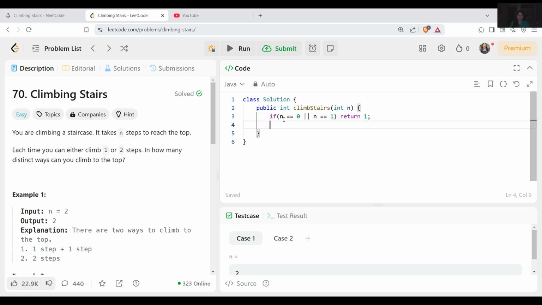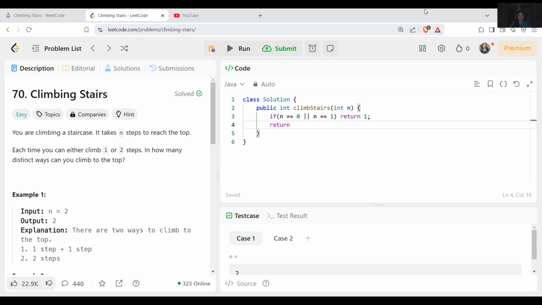If our stairs are 0 or 1, we can reach the top in one way only. And secondly, we have to do a return statement here, where we will recursively calculate the ways by choosing step 1 and step 2 at a time.